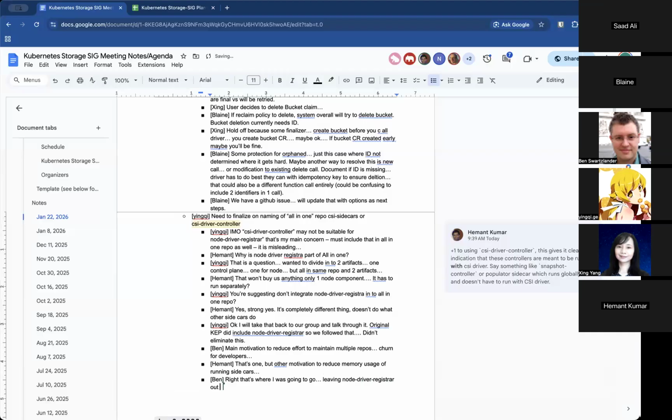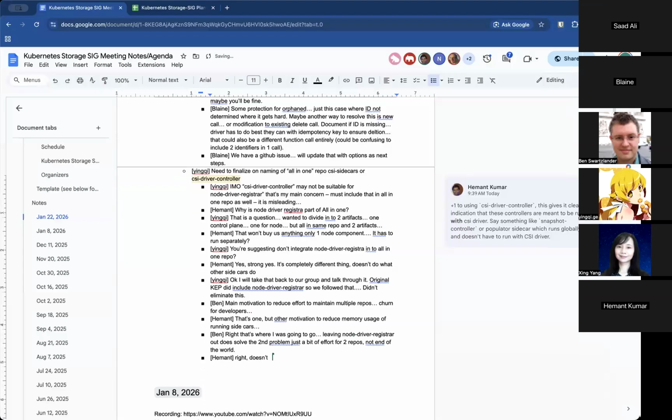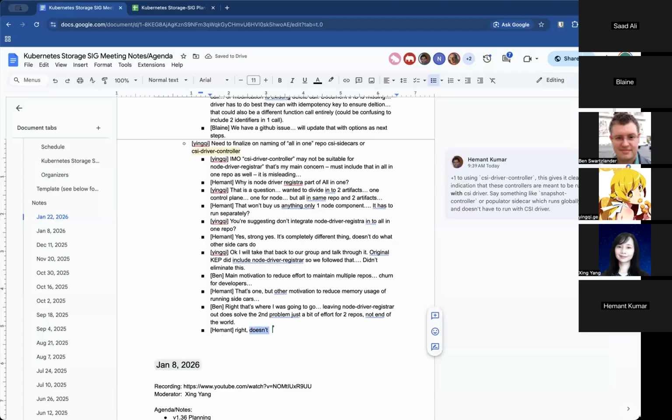We still have a little bit of effort to maintain two repos, but that doesn't seem like the end of the world. It won't result in any memory or resource savings that we were hoping for anyway, because the node registrar at the end of the day has to run separately.